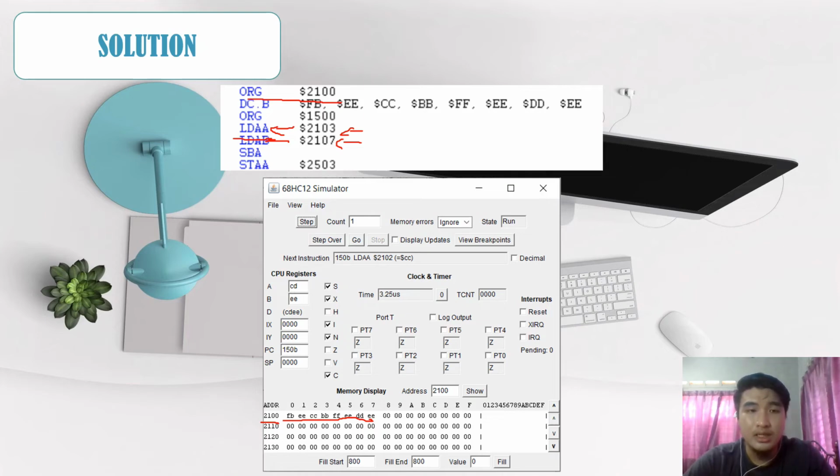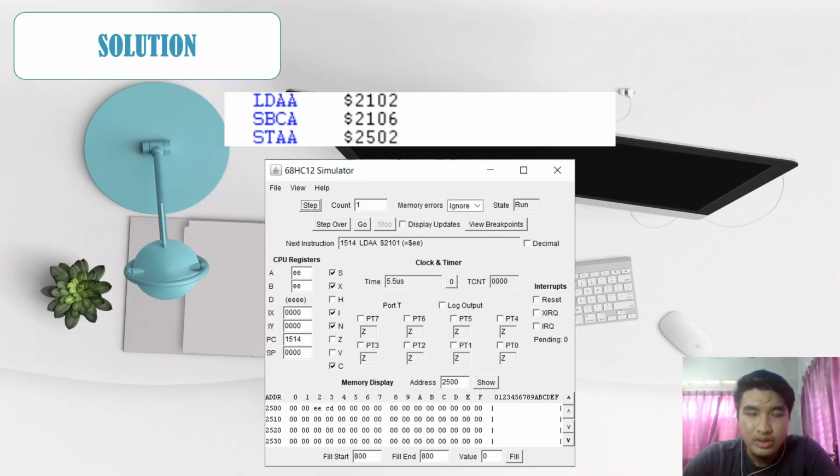Next we use the instruction STAA, where we want to store the value of A, which is the answer of the operation, to the memory location 2503. We can see in the next slide. So as you can see here,